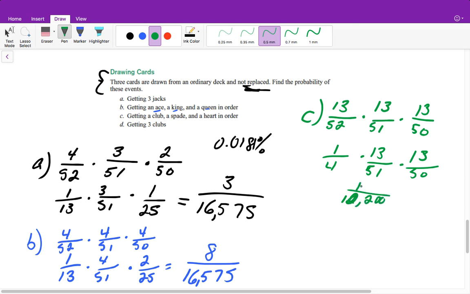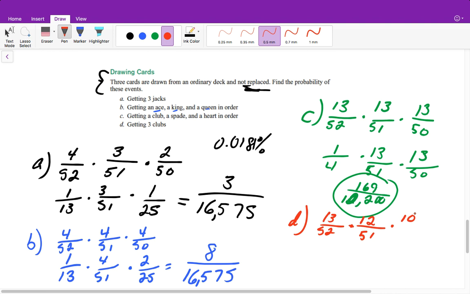And 13 times 13 is 169. So that's the odds of picking a club, a spade, and then a heart in order. And then the odds of getting 3 clubs. Well, our first one is 13 out of 52. Well, now we would have picked a club, so we'd only have 12 left out of 51. And then our third one, we would only have 11 left